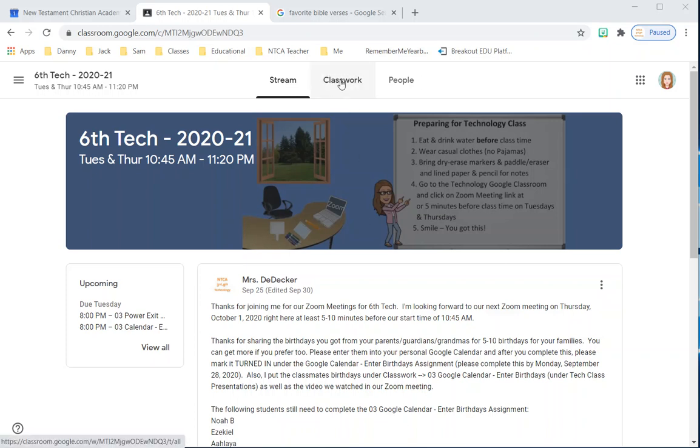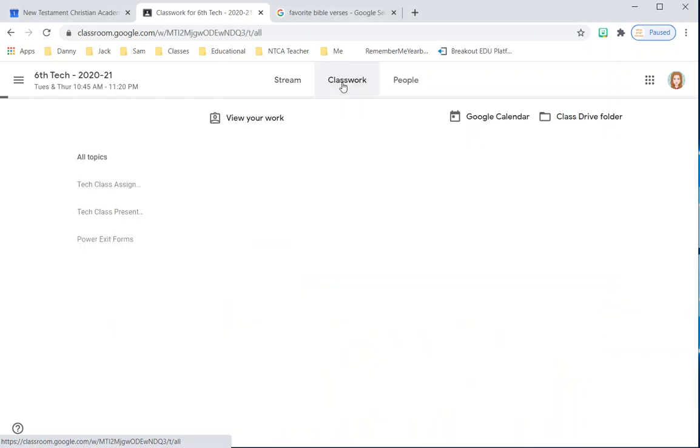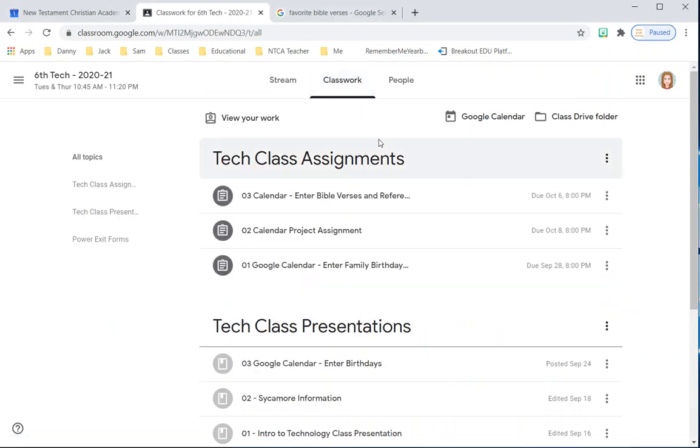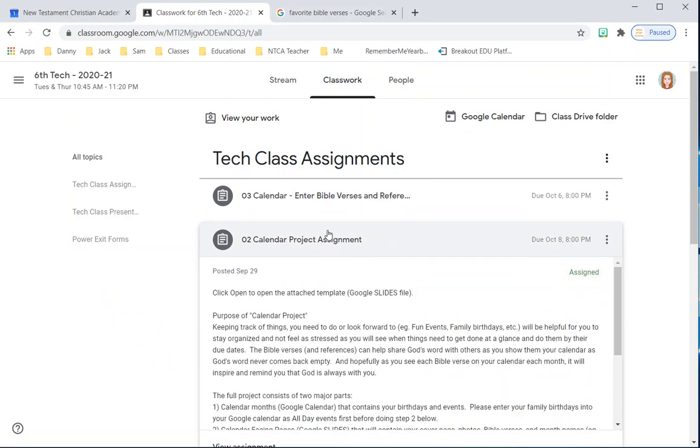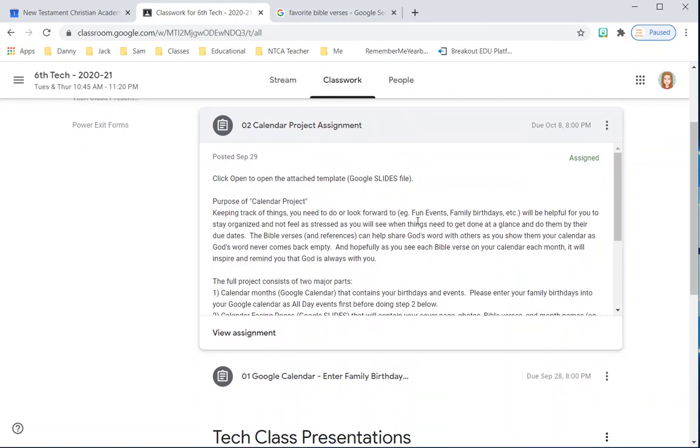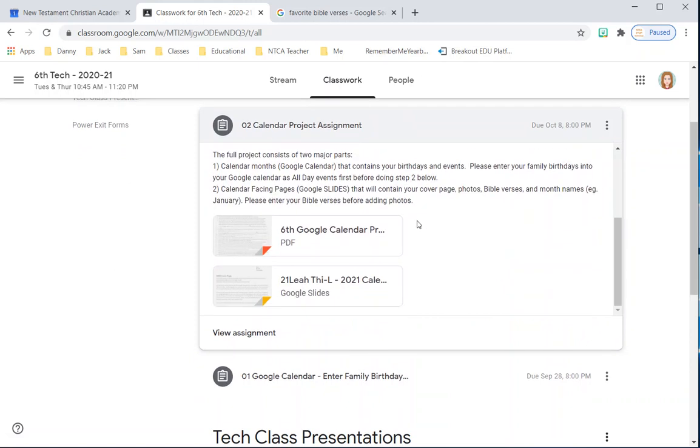So first of all, you go to your Google Classroom, which is 6Tech, and then you're going to go right to this classwork tab. Once you're in the classwork tab, you can go right to the calendar project assignment, and you can see that I have assigned you. It'll actually show your name here and part of your last name. It's basically taking a portion of your Google account. So you just click on this,